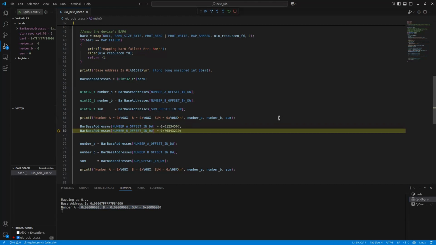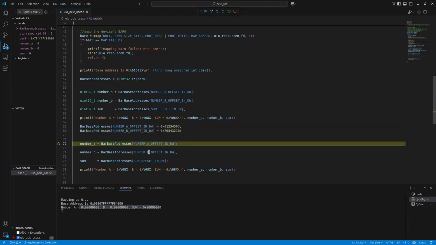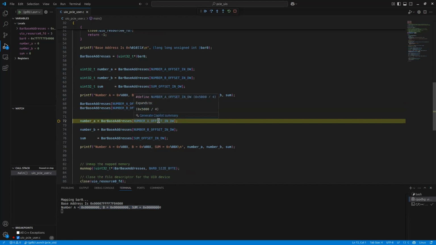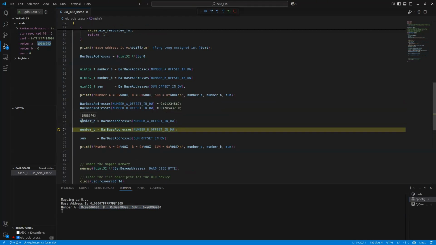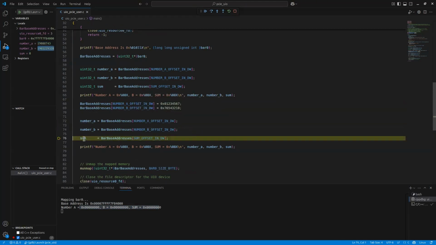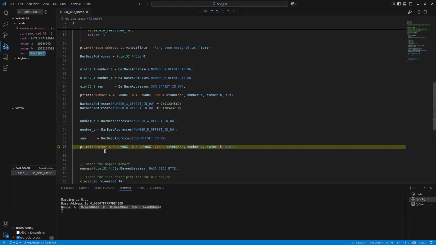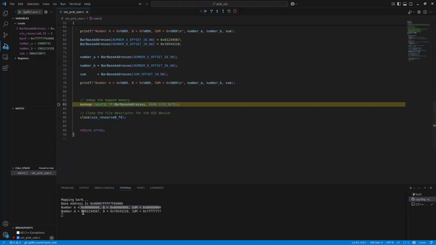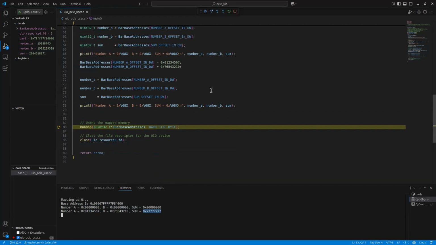Another number is written. Now, if I read those numbers, number A changed, number B changed, and this will show the sum of the two numbers. So if we print the numbers, we have number A, number B, and the sum of them. By this example, we found that we could communicate with any register of our PCI device, simply without any custom driver.